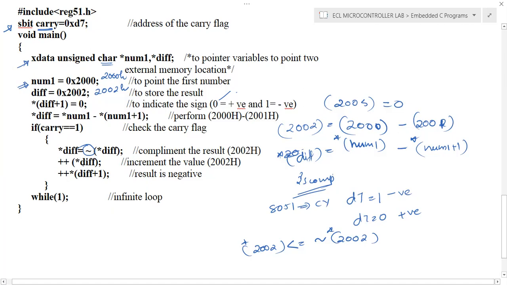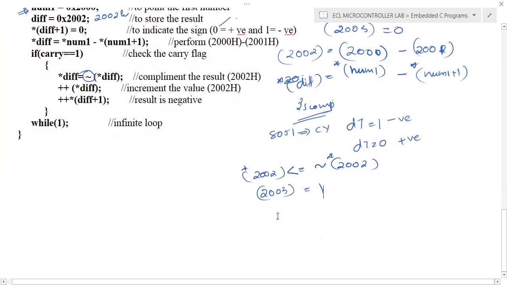After performing this operation, we can store 1 in 2003. In order to access 2003, the variable difference is already loaded with 2002.